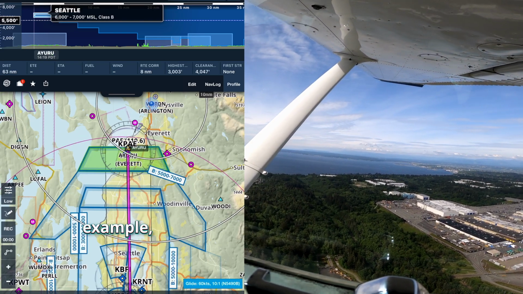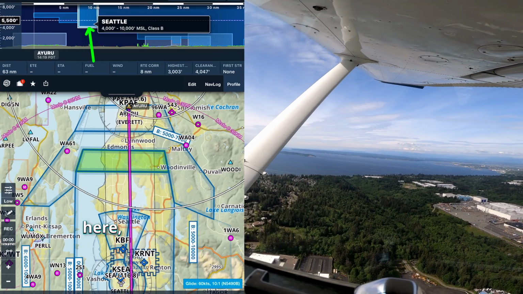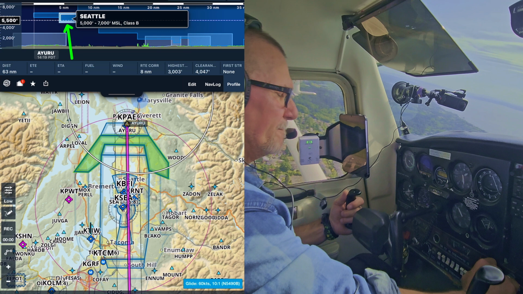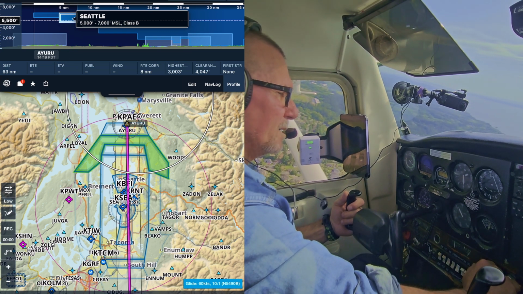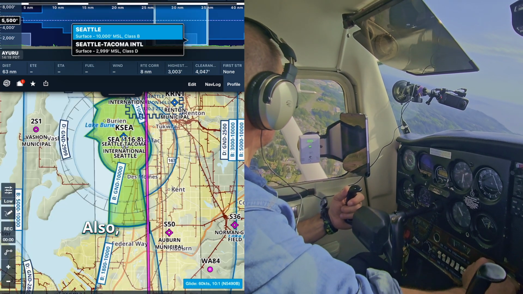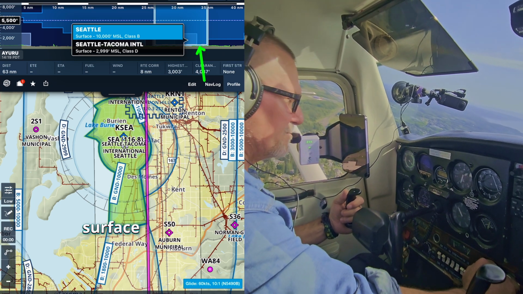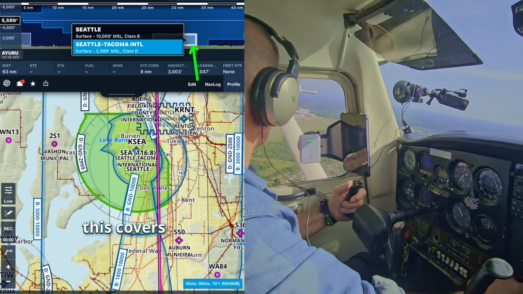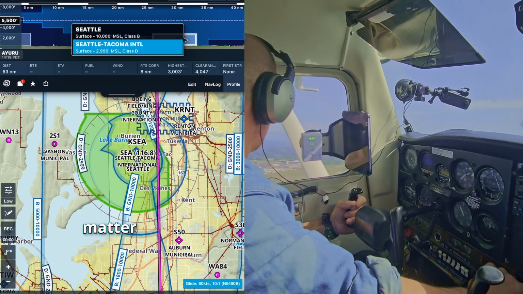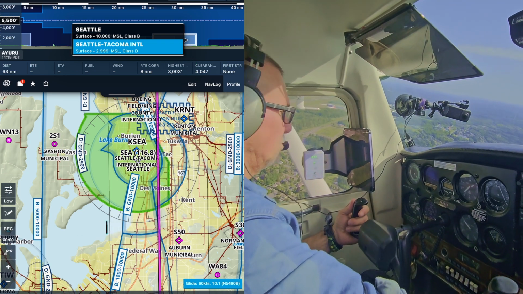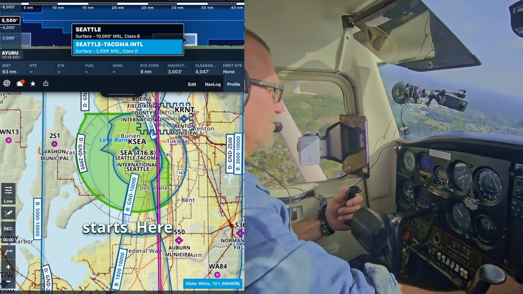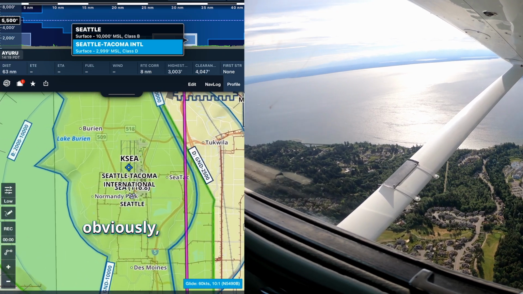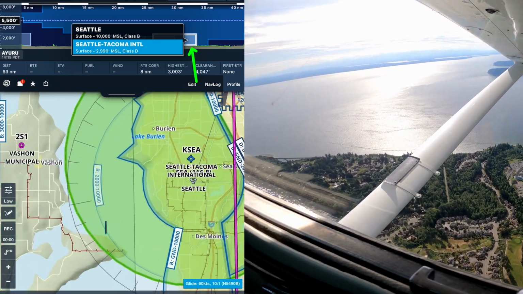I have here, for example, 4,000 to 10,000. And if I go here, I have the 5,000 to 7,000. See, I use the profile to color, for example, the surface to 10,000. Also, SeaTac has a Class Delta from the surface to 2,999 feet MSL. This covers also over the water, so it doesn't matter what the elevation is. It starts where the surface starts. Here in SeaTac we have 400 feet elevation, and in the water obviously 0, and so it covers the whole